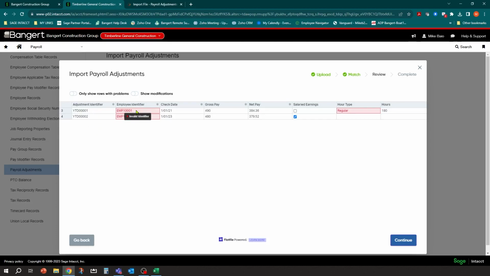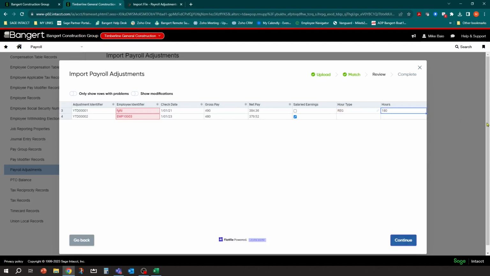In this scenario, what's really nice is you can do 2 things. You can cancel out of here, go edit the template again, and then re-import it. Or if you know the issues and it's 1 line, you can just click on it here and make it correct. So whatever that employee number should be, I can just change it here and type in whatever I want. Now it's still going to fail until it gets it right. Same thing for hours type. Like I believe this is RE. Let me see. Can't remember now, but I think it was REG.